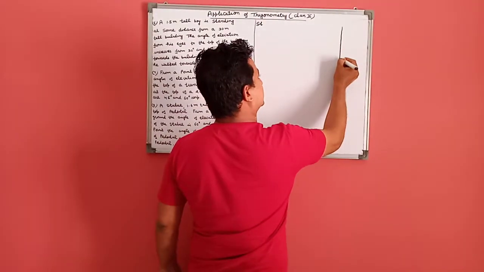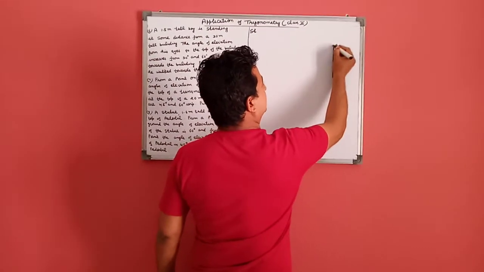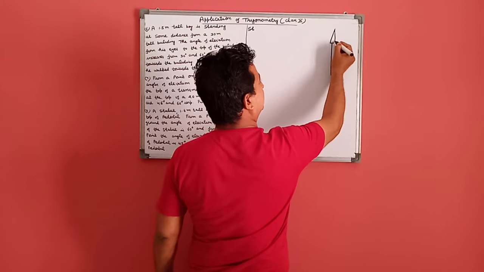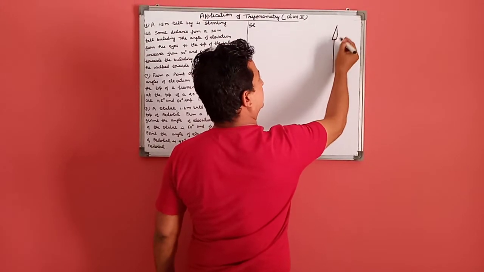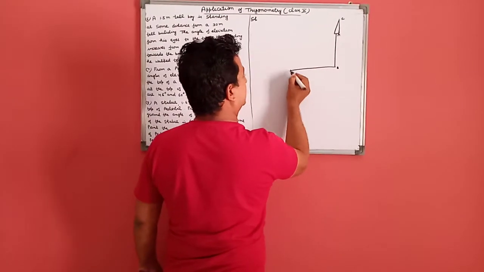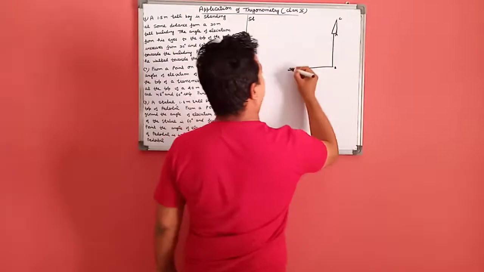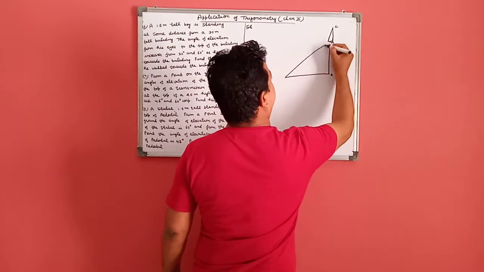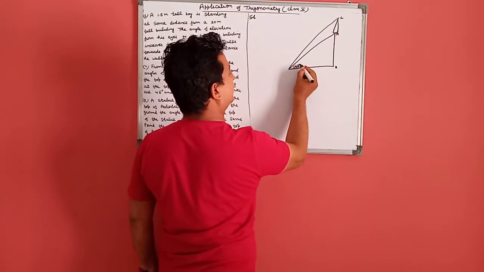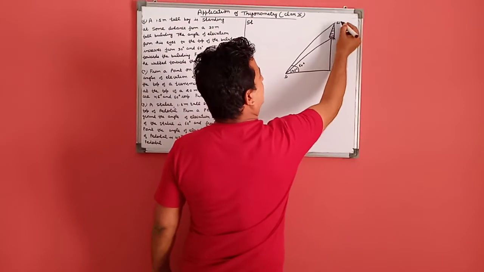In this, this is the tower, this is the building. AB is the building. This is the tower. This is A. This is tower C. This is the point on the ground. According to the statement, the angles of elevation of the bottom and top. This is the bottom of the tower. This is the top of the tower. This means this angle is 45 and this is 60 degrees. We are required to find the height of the tower.